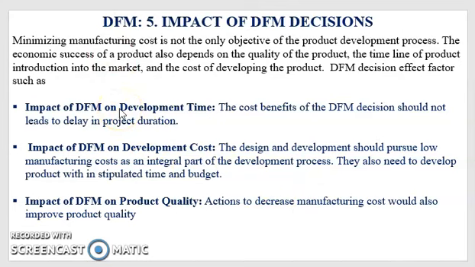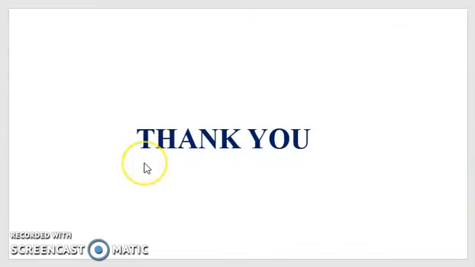So all the 5 steps which are used for implementing design for manufacturing and assembly have been discussed briefly here. In the next lecture, we will apply the process of DFMA on redesign of air intake manifolds. These manifolds are designed and developed by the General Motors team for a 3.8 liter V6 engine. The intake manifold is used to route air from the throttle to the intake valves of an engine cylinder.